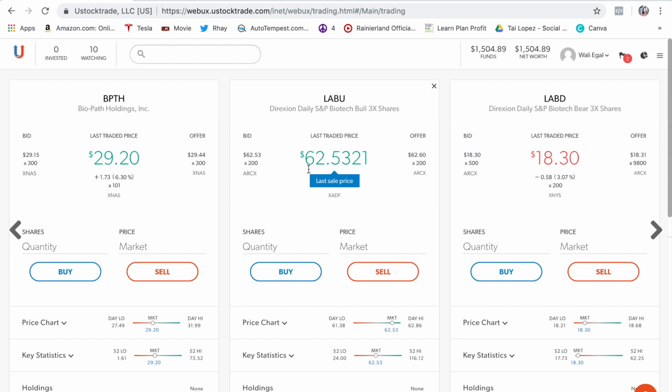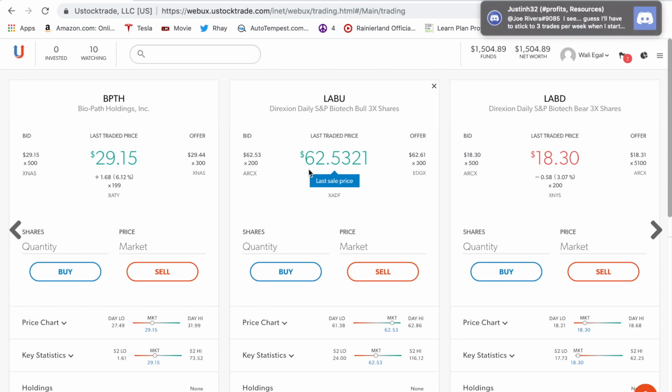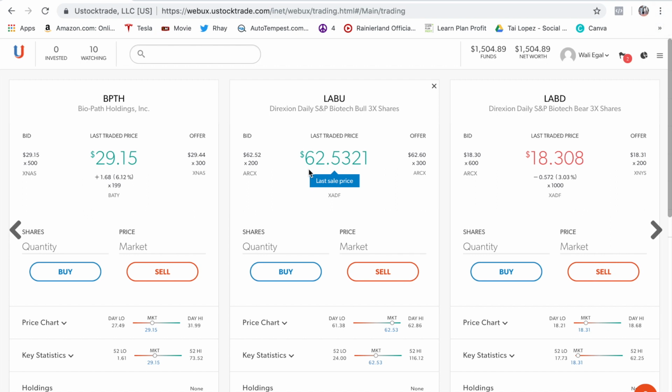If you're having trouble and want to get past the PDT rule, there are other options, obviously. I know the majority of people use offshore brokers like SureTrader or Comet Pro or Trade Zero. But I just don't like using offshore brokers, especially because you're not protected by the SEC. If the company somehow goes bankrupt, your money's essentially gone, and I don't want to risk that. Also, they give you high leverage, and their commissions are pretty high. So I just see Ustocktrade as the better alternative for me.